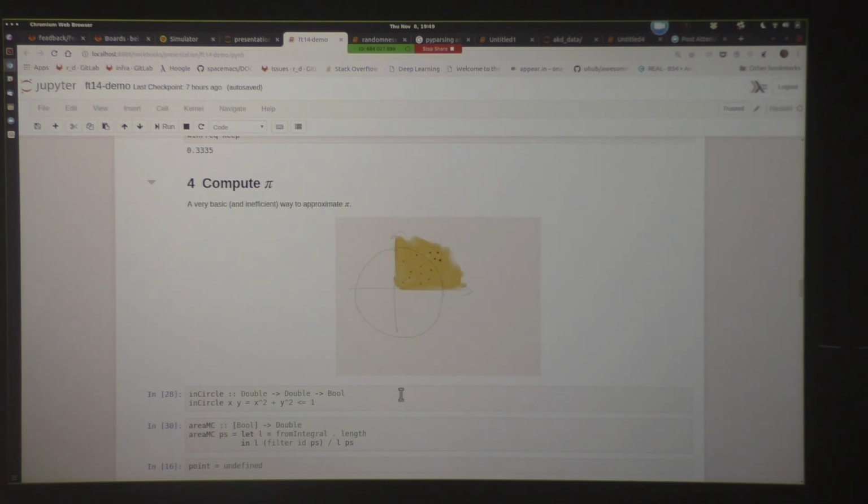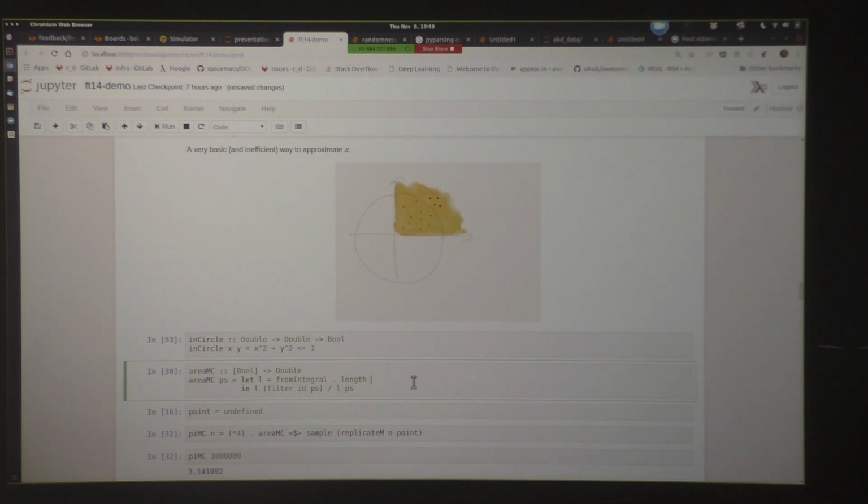So first the helper function that will check if 2 points are inside the circle. So that's the mathematical expression for that. This is the function that estimates area based on how many points were inside. So this is it. We're inside the circle compared to number of all points that we drew. So how do we do it? Well, let's just use applicative style, because we need to randomly choose a pair. So that's it.